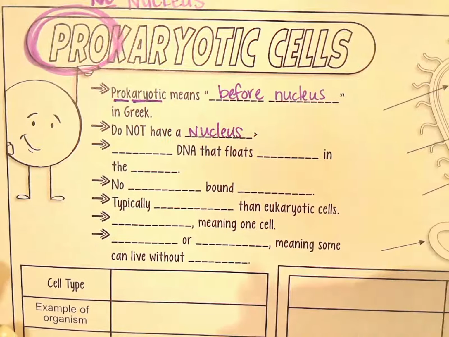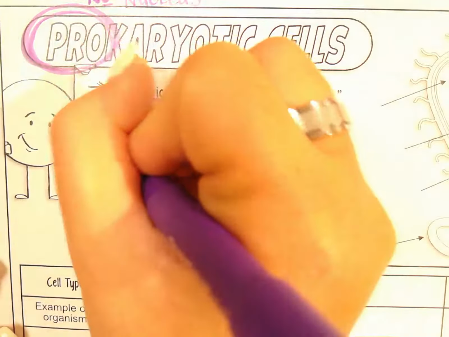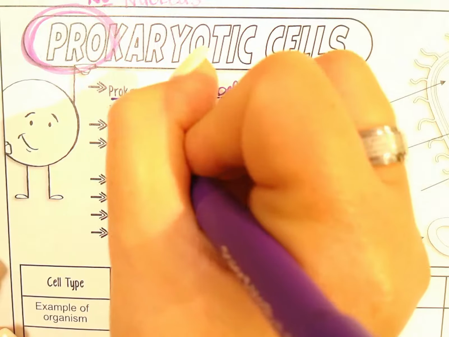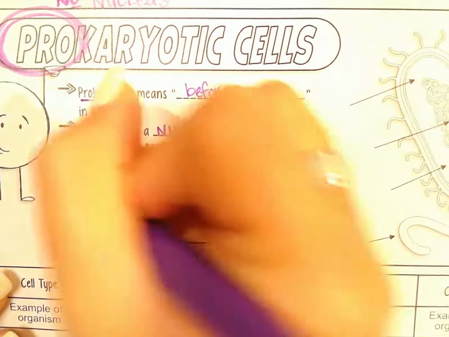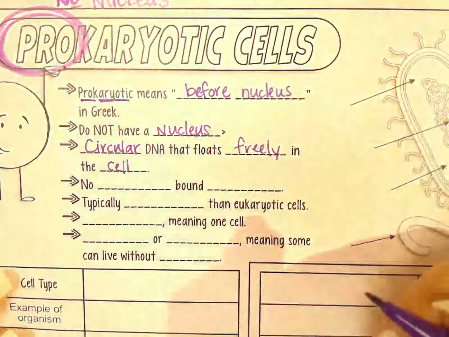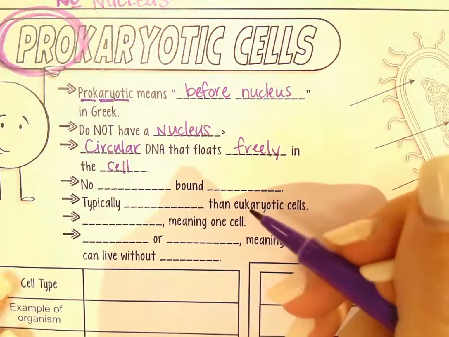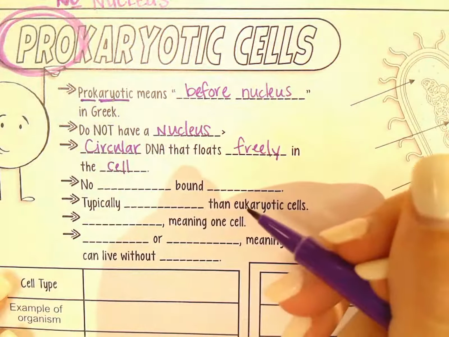They have circular DNA, which just means, do you see how it's just a whole bunch of squiggles? It's not a particular shape, right? And it floats freely in the cell. This is really different from a eukaryotic cell, and we're going to talk about it in just a second. It does not have any of those shapes inside, right? Those